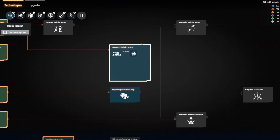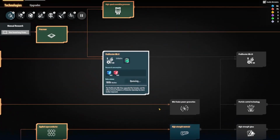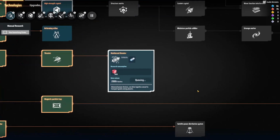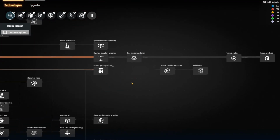Okay. Let's go ahead and queue up the integrated logistics system, because this seems... Oh. Never mind. That requires things we don't have. Hey, we can do that. Reinforced thrusters. Cool. So we are kind of running out of things to research before we can get...